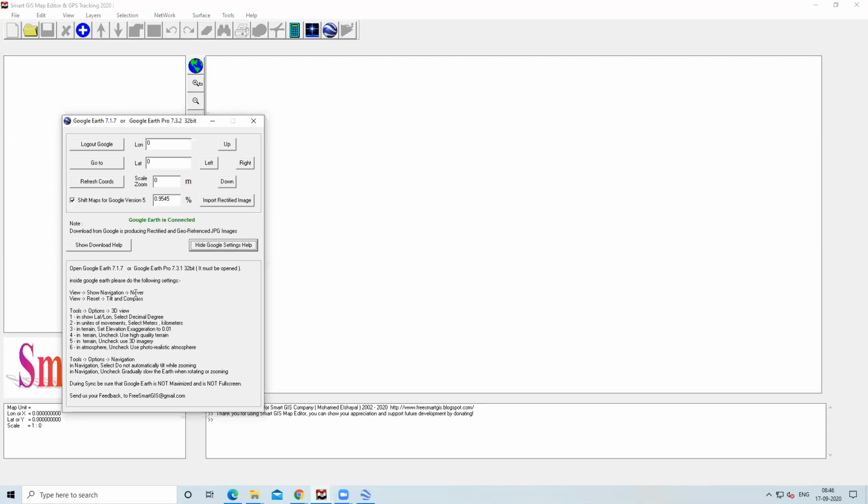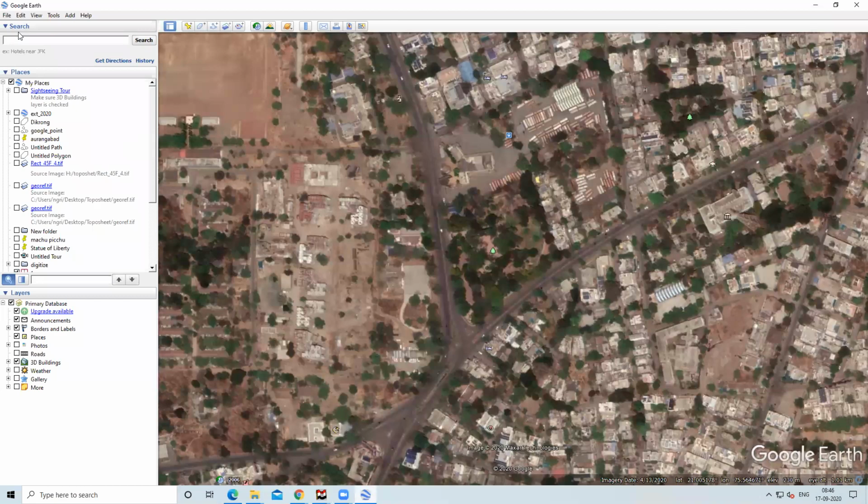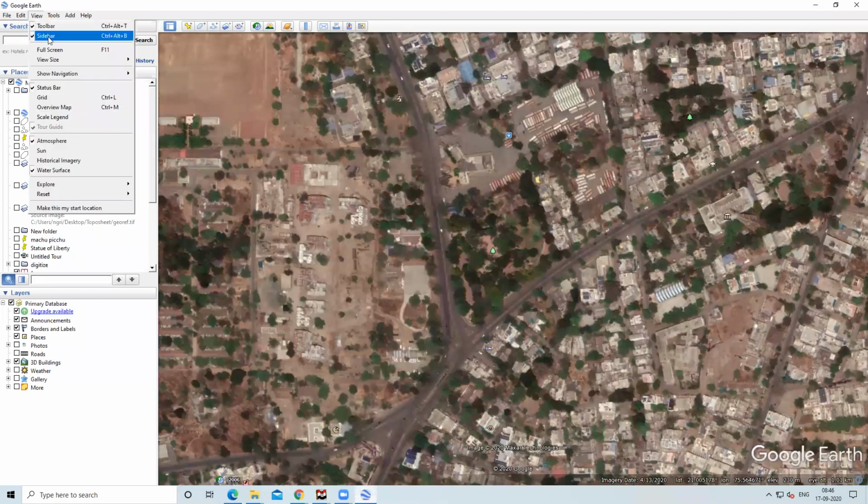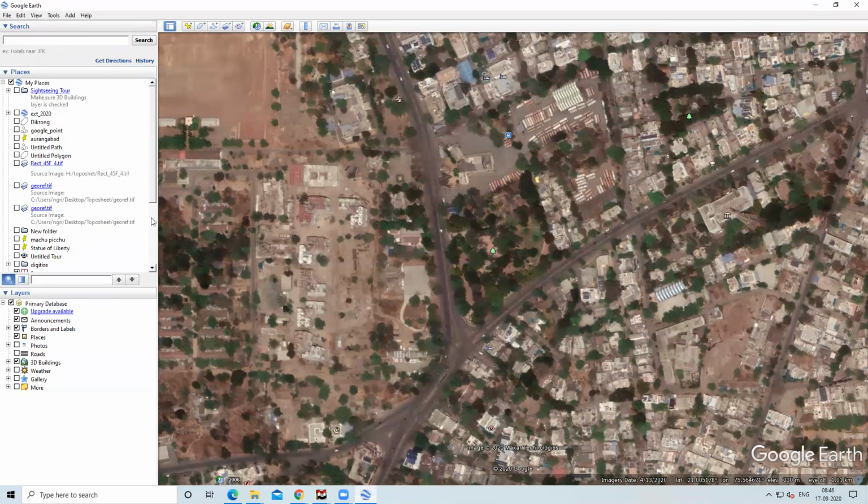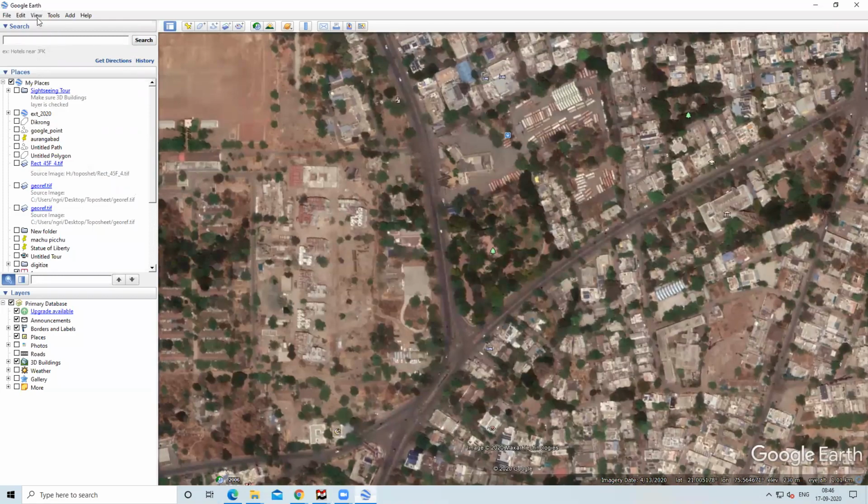In View, Show Navigation, click on Never, then View, Reset, Tilt and Compass. When I go here, View, then Show Navigation, click on Never, then Reset, Tilt and Compass. After that, there are more settings.